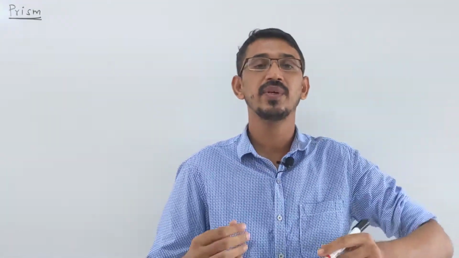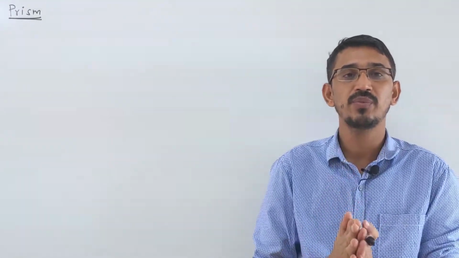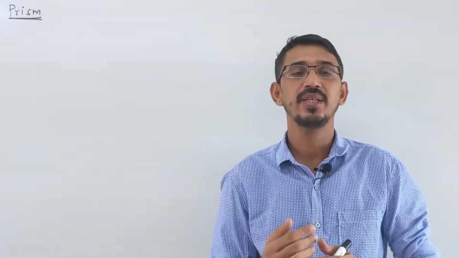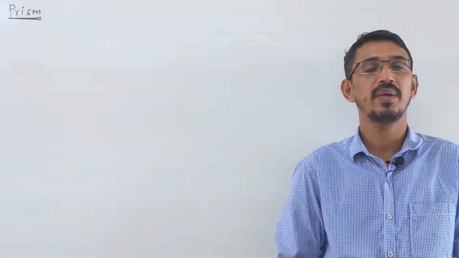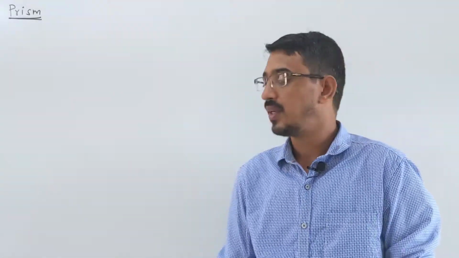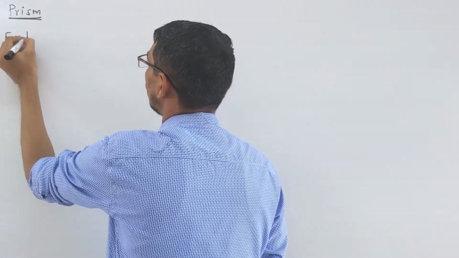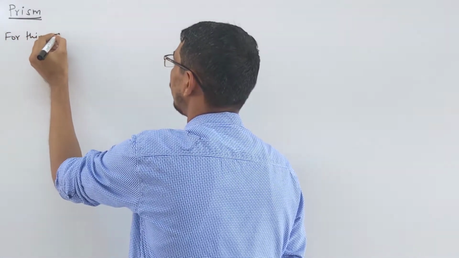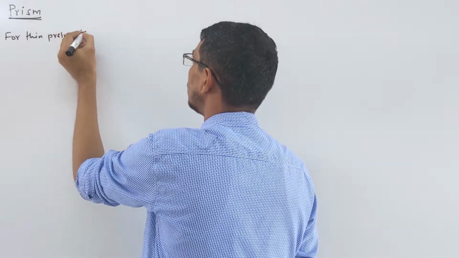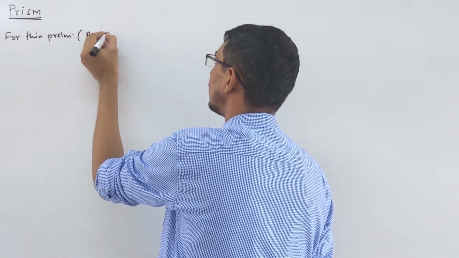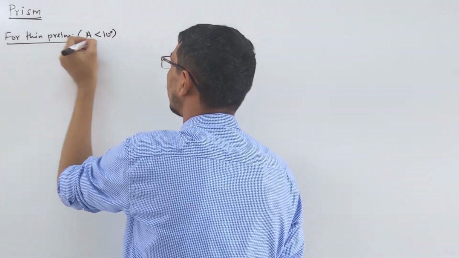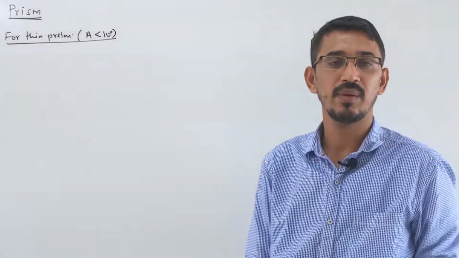So far what I discussed is deviation due to a normal prism, a prism whose angle A is big, more than 10 degree, maybe like 30, 45, 60. Then we write some small conditions, like if your prism is very thin, what do you do? So look here, for a thin prism, your angle of the prism is less than 10 degree, like 5 degree, 2 degree, 3 degree, something will be given, okay.